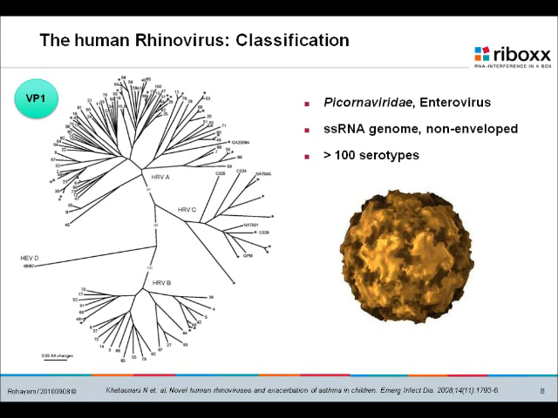It has a single-strand RNA genome, and this makes it really interesting for small interfering RNA targeting, because, as you know, you're targeting RNA with a small interfering RNA. So you have now a perfect target, at least from the chemistry, the single-strand RNA genome, but you have the problems that you have.